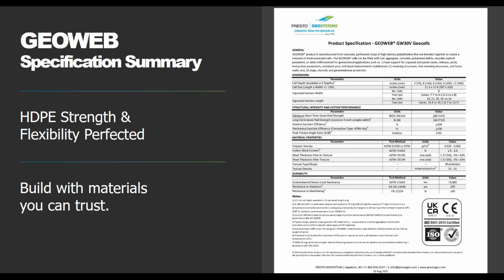And so we've been using HDPE for the GeoWeb system for over 40 years, and we've really perfected our formulation, and it's really stood the test of time. So for most typical sites, the GeoWeb system is going to retain its durability for greater than 50 years, which is usually more than sufficient for an average project. And we've done lab testing indicating over 150 years without degradation, even at full exposure to the elements. So you know that this is going to be a long-term solution.